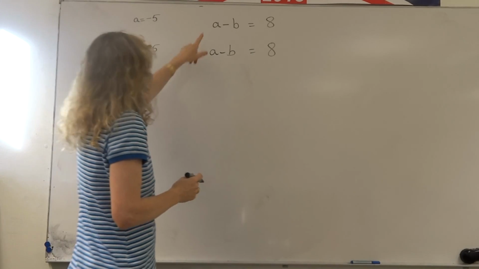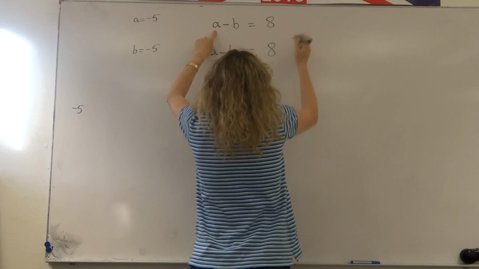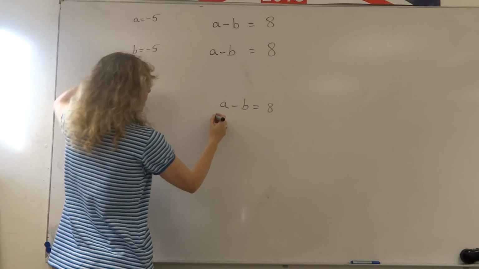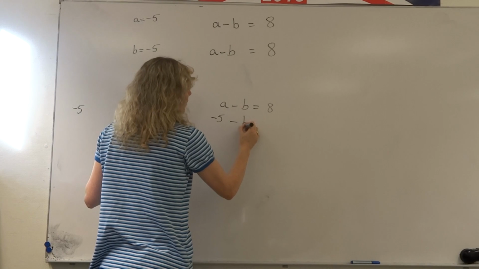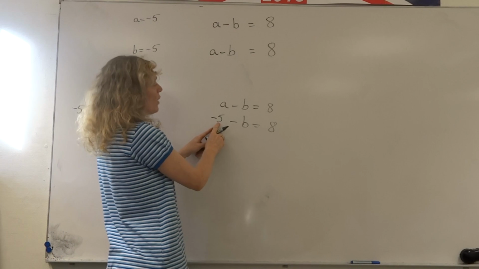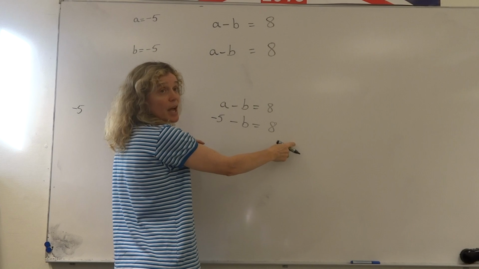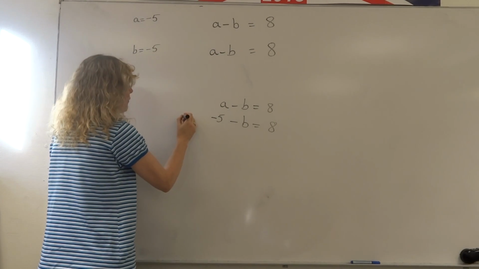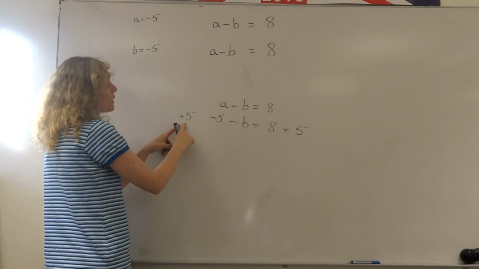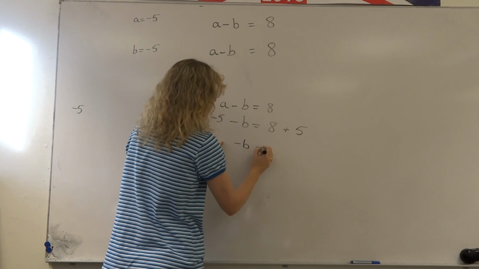Okay? So let's put the numbers that we know. We've said that A is minus 5. So what do we know? If we rearrange this equation, A minus B equals 8, and we've now said that A is minus 5. Minus 5 minus B equals 8. So let's leave the B by itself here, and let's move the minus 5 to the other side of the equal sign. And we do that by adding 5 to both sides of the equal sign. Plus 5 minus 5 will give us the 0 here. This will give us minus B equals